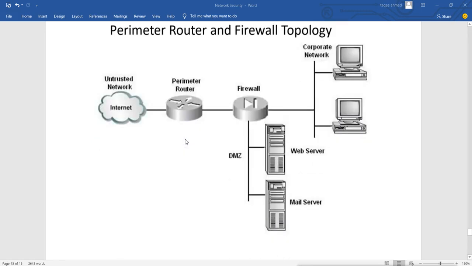Now, ACL rules only do what? Packet filtering, based on source and destination address and port number.